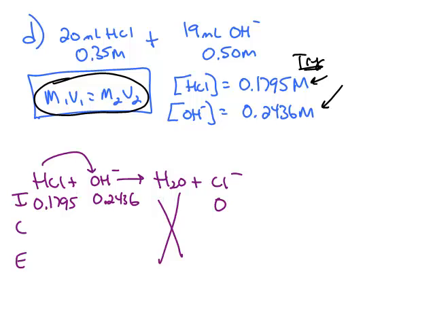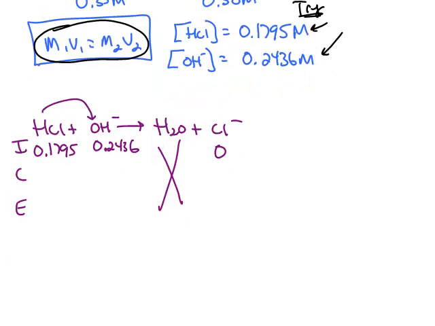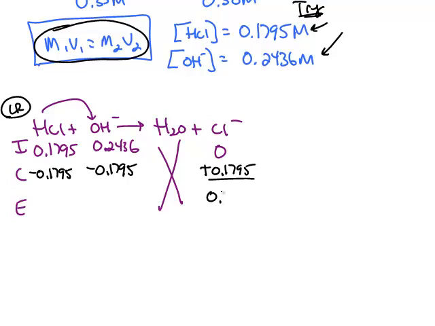Plug those into the initial row of your ICE chart. This time the limiting reactant is the original acid because this number is smaller. So all of the acid gets consumed. But we still have some sodium hydroxide,